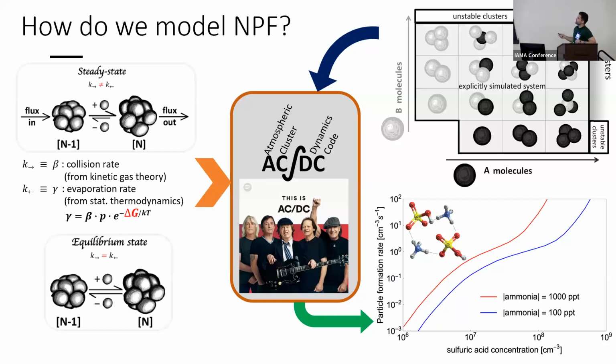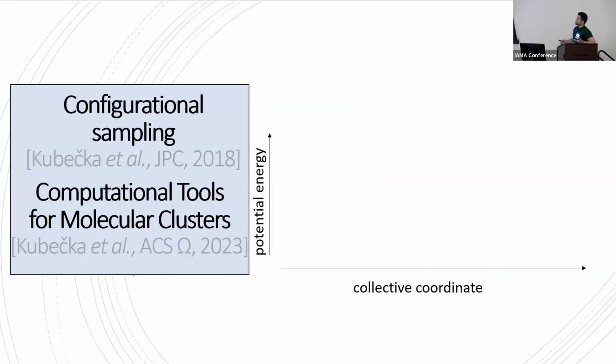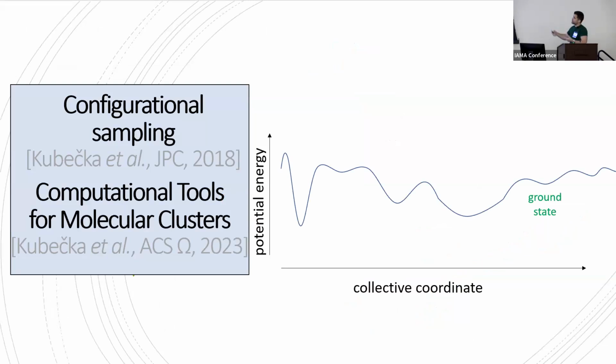Well, and here is some equation. We put it in. And what does it mean? What do we have to actually calculate when it comes to a molecular cluster like this one? We have worked on this for a long time, and we have prepared some configurational sampling. It means that we have to basically describe the whole potential energy surface of the molecular cluster, all the various configurations and their assigned energies.